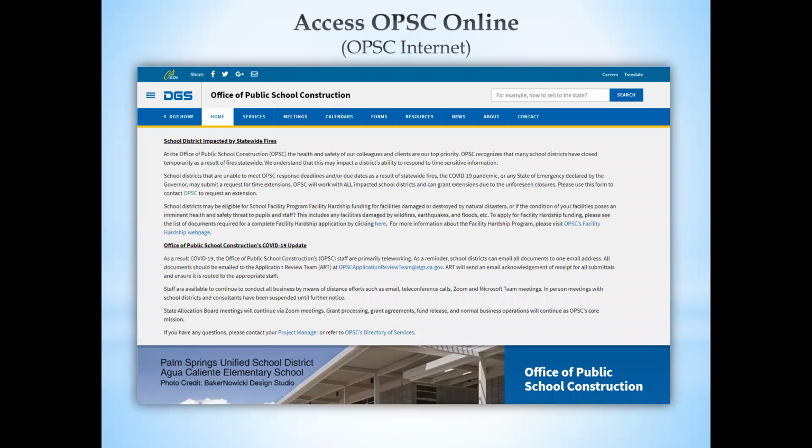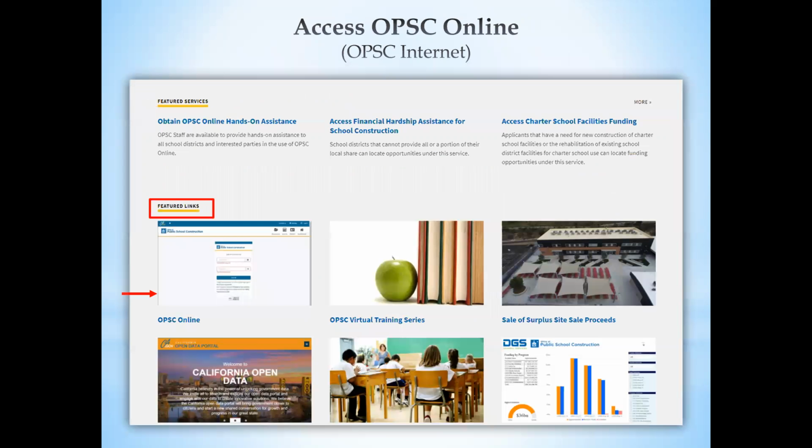One of the 2 other ways is you can go into the OPSC Online after a board and after your project has received unfunded approval. If for some reason you didn't receive that email, you can go straight into the OPSC website. There's a link to the website, and on the home page, you'll scroll down to get to one of the featured links. And right there, as you scroll down the page, you'll see the first featured link is the one for OPSC Online. You can just click on that. It'll take you right to the OPSC Online to where you can enter your information to log into the system. And then from there, you can look for your particular project.